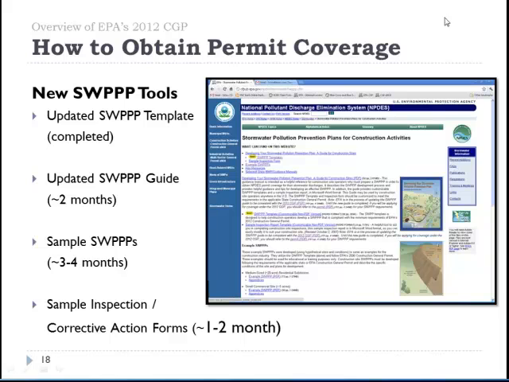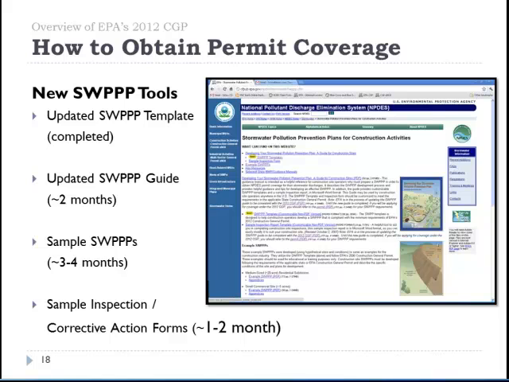So just to give you a little bit more information on the SWIP, we have a variety of tools that we've developed over the years and updated recently to help you develop a SWIP. We just last week updated the SWIP template that's available online, and this is a snapshot of where to find this. This is our SWIP page, but the template is a useful tool because it's a Word document that can be customized, and it complies with all the SWIP requirements in Part 5 of the Construction General Permit.